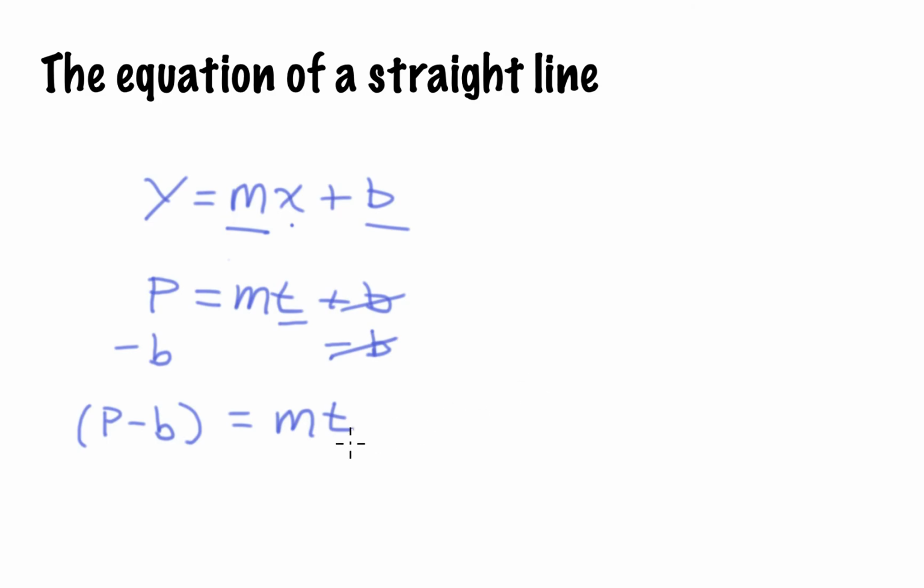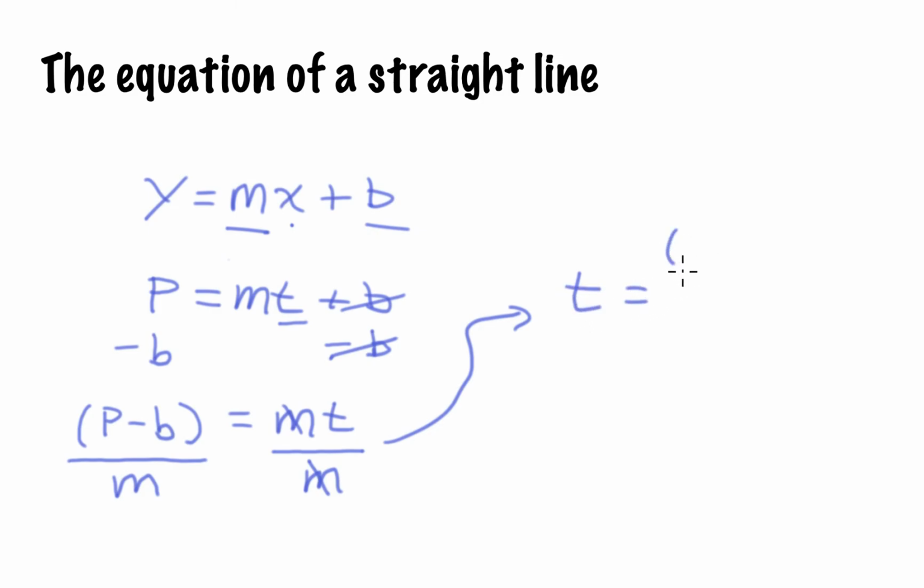And then the last step is going to be to divide both sides by the slope, because you would like to get time all by itself. So the only thing you have to be careful of is to divide everything on the other side of the equal sign by the slope, not just one of these quantities or the other. In any case, you end up with a formula that will predict the things that you need. That the time when the y-axis has a certain value is calculated